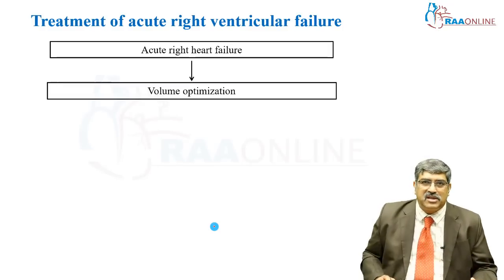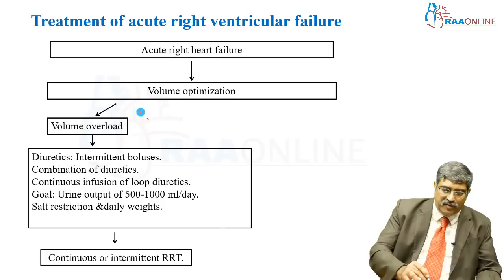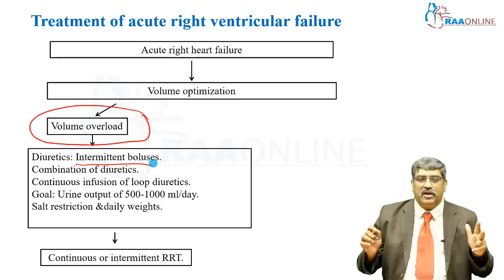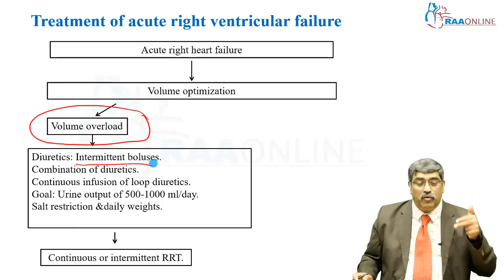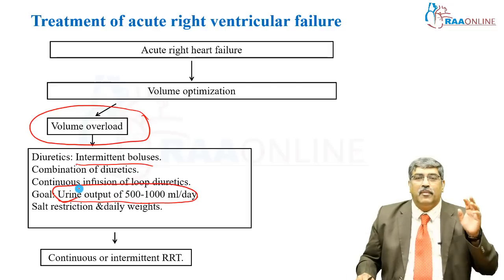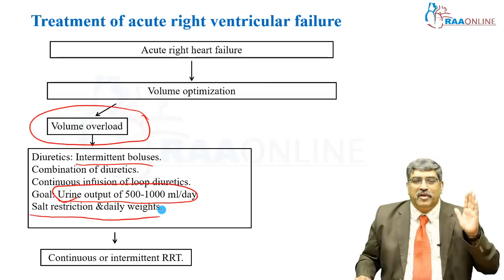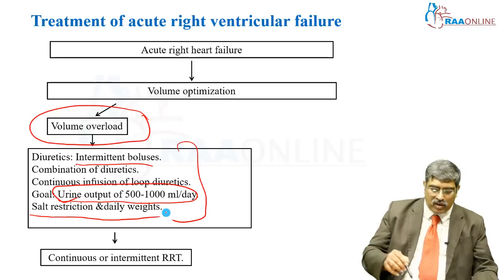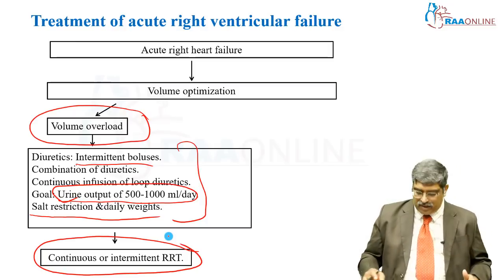Coming to volume optimization, there are two things which can happen: hypervolemia and hypovolemia. If there is hypervolemia, first you try intermittent boluses of diuretics. If one diuretic doesn't work, you go for a combination of diuretics. Then go for continuous infusion of loop diuretics. The goal is to maintain urine output of at least 750 ml to 1 liter per day. Don't forget, go for weight measurement and salt restriction. If none of these maneuvers work out, you have to go for an early, continuous or intermittent renal replacement